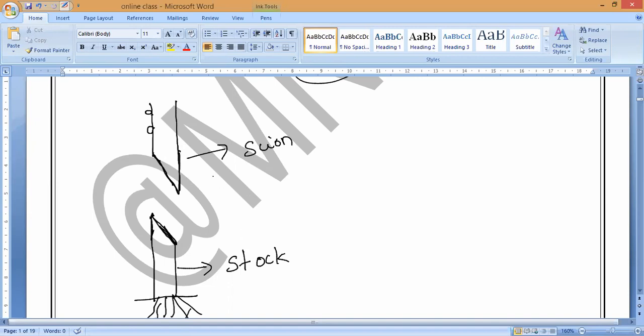We choose two plants that can serve as scion and stalk. First the stem is removed from the plant chosen to be the scion. Whether you want an apple plant, a mango plant, or another plant, whatever desired characters you want, we have to cut the stem into a slanting position, not straight like this.